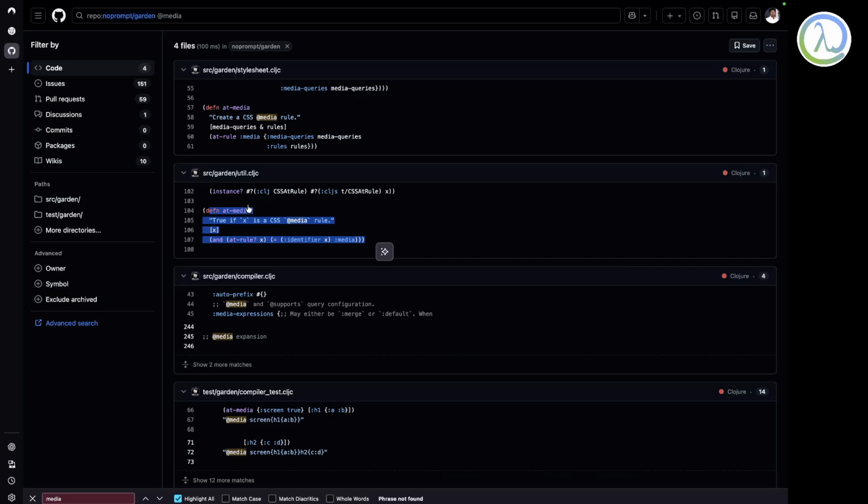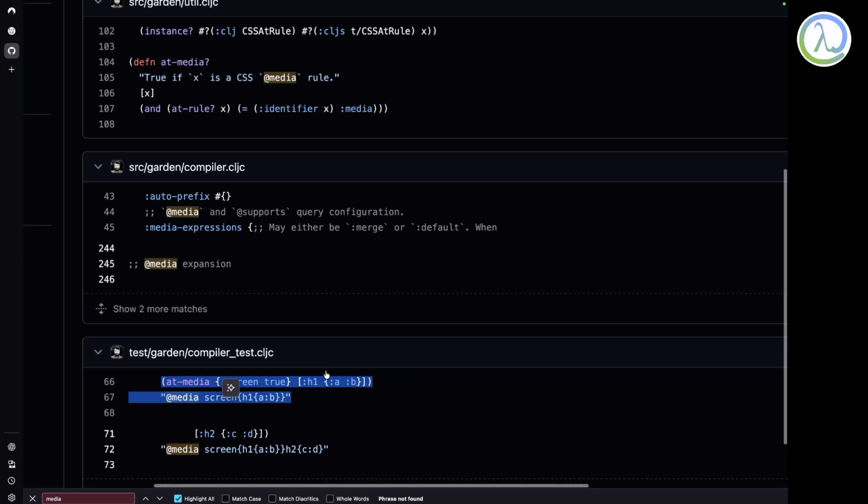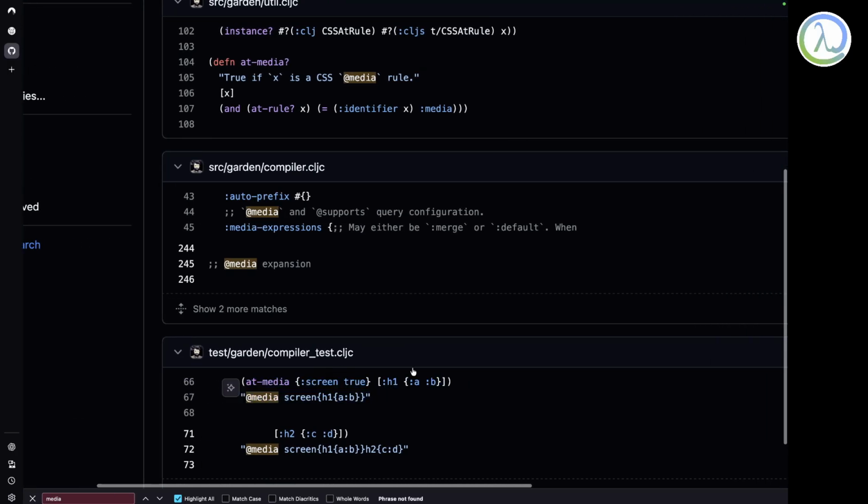The best place to see is in test. Is there any test? Yes. So this is the test, I'm doing at-media screen true and all those things. This is how I look into Clojure projects. I just look into the test code.